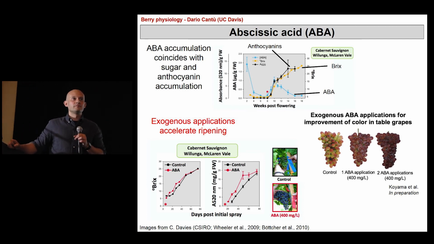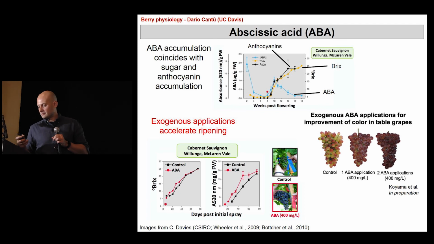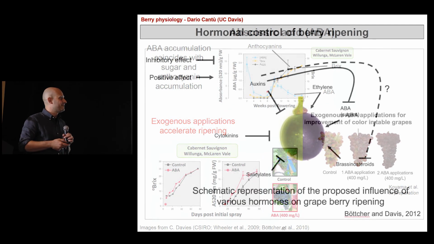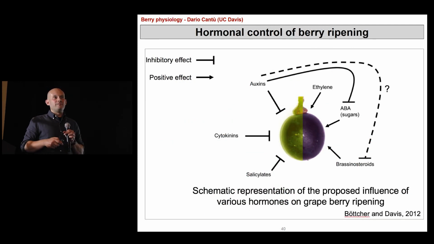You had one slide, a couple slides back, that showed a berry that was half purple and half. Yeah. And I'm just wondering if you could comment on why there's a question mark next to it. Is it steroids? Because there's a lot of seaweed-based sprays and products out there now that are claiming. So the question mark is actually the link between auxin and brassinosteroid. This is not a question mark. We know brassinosteroids